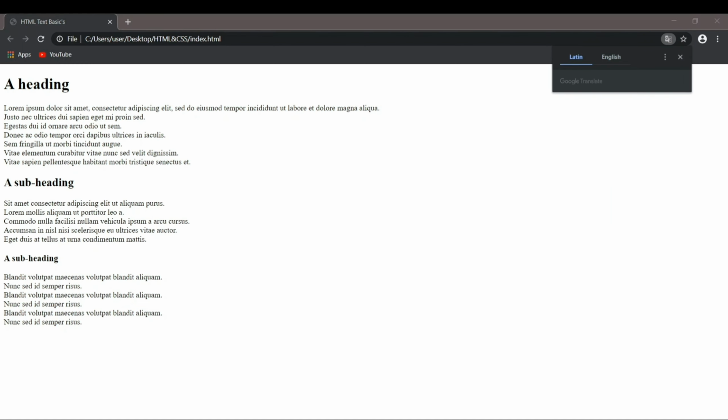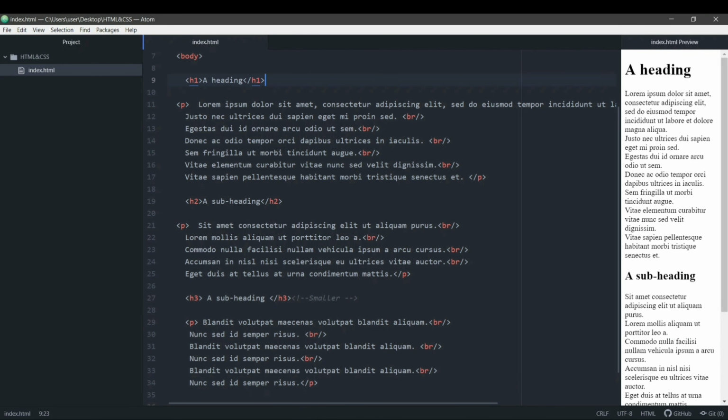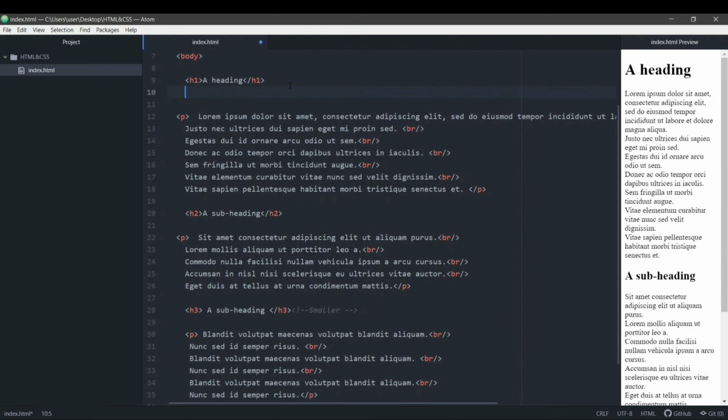Now we're going to see how to structure text according to the new HTML5 elements that have been introduced. The HTML5 specifications introduce several semantic sectioning elements to help organize the structure of our documents. And one of the semantic elements that we're going to see is called the section tag.